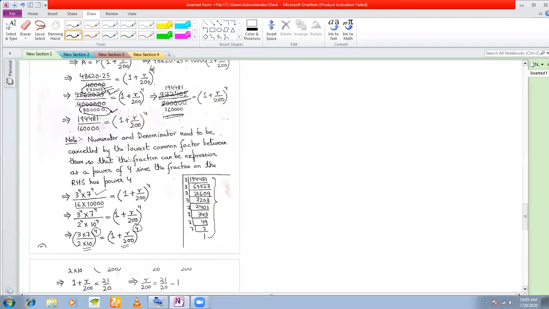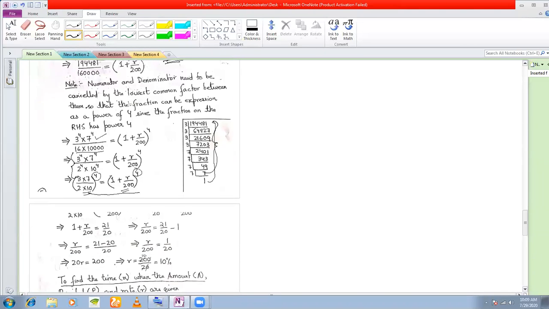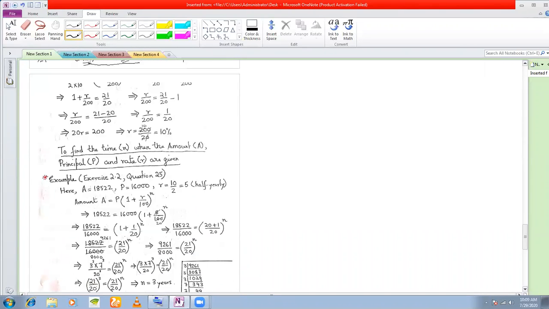And whatever number that I get, what I see here, this is a power of 4. So my wild guess is that this should also be a power of 4. So therefore I prime factorize and express this side as a power of 4, which I have managed to do. And therefore I equate the bases in order to get the value of R. So here in this case, I am getting R